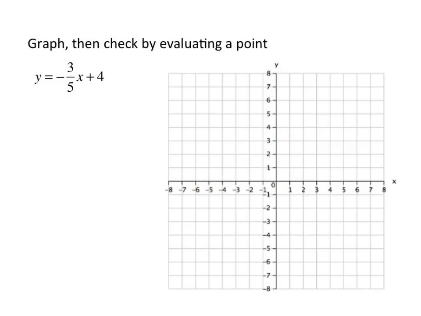So if I want to try this again, I want to check to see if it's solved for y, and it does appear to be solved for y. So I can immediately look for y equals mx plus b, our slope m and our y-intercept b. So if I write this out, this time the slope is equal to a